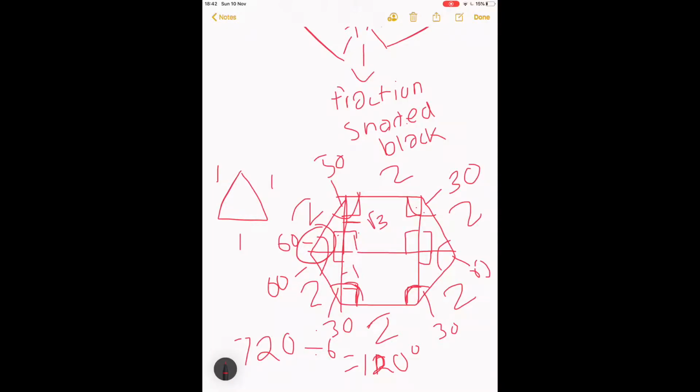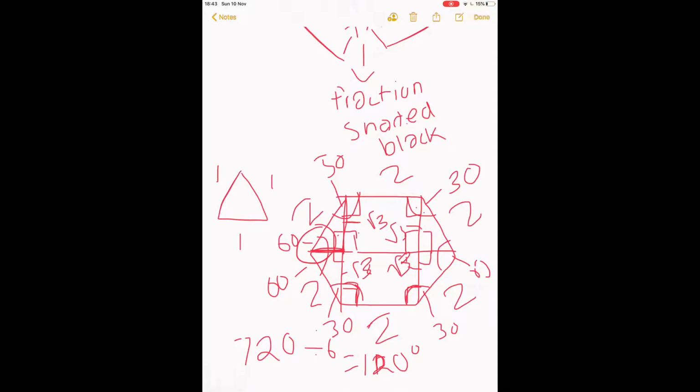That's root 3, that's root 3, and that's root 3. So you have all these root 3's. So now we've got our hypotenuse and we have our opposite. To find the base of this triangle, which we would need to find the area of the triangle, we can